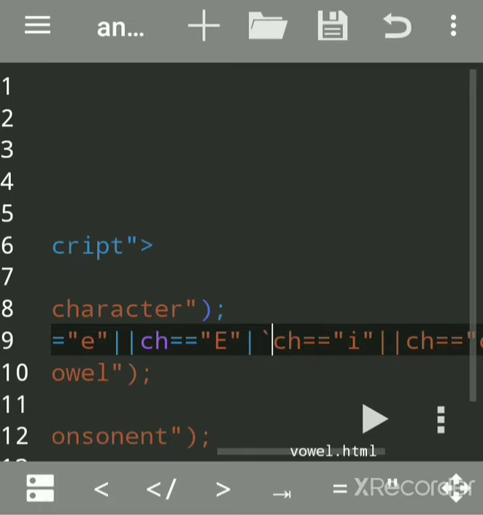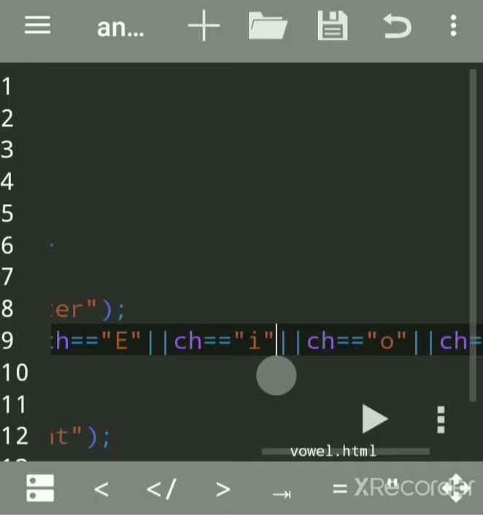You have to put the double pipe sign, called logical or, meaning if any one condition is true, it will execute the line immediately after it.